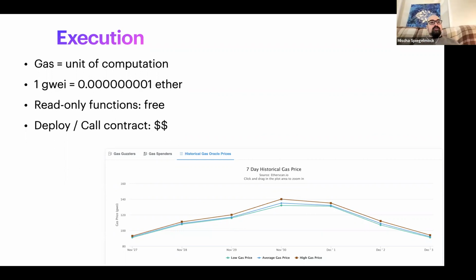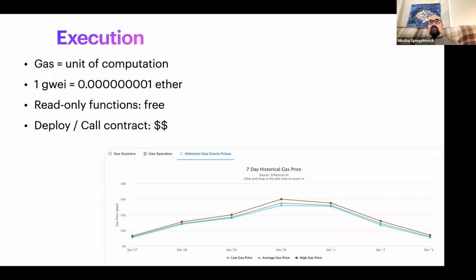So gas is usually measured in gwei, or gwei, I don't know how you say that. It's a denomination of Ethereum. It's a very small fraction. And the gas price tells you how much you can expect to pay per unit of gas. So if you want to run some smart contract, you want to deploy, you want to call a function, you can actually go check the current gas price and see how much it's going to cost. Now, you don't really know ahead of time, if you're just a normal user, how much gas it's going to cost to call some function, but your wallet will let you know how much you're going to pay in gas.